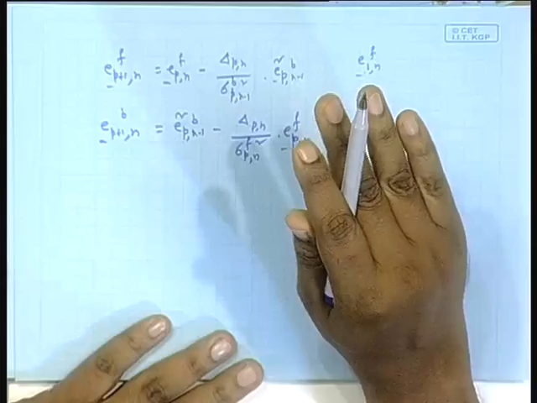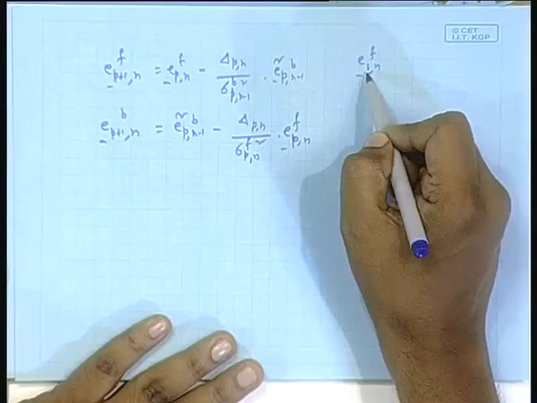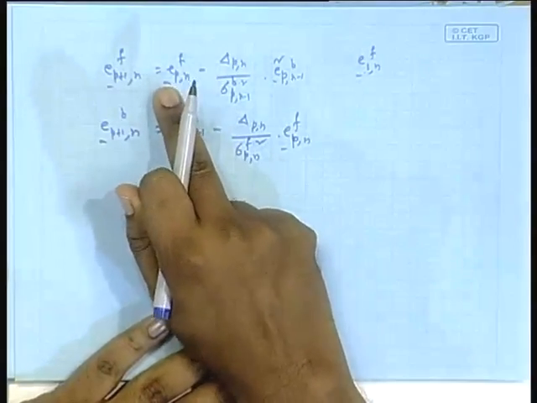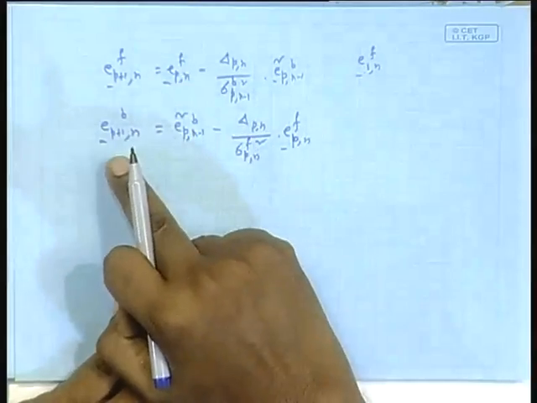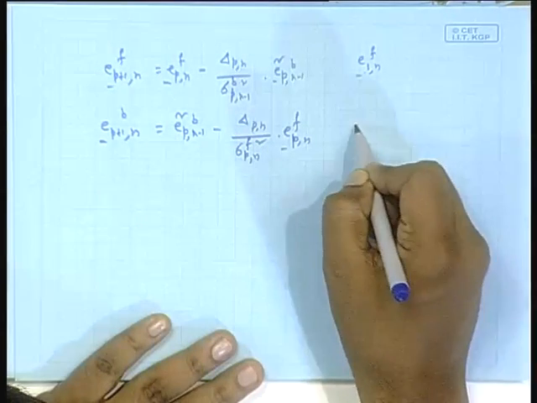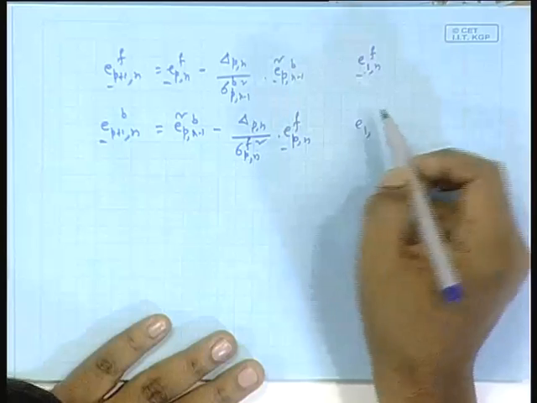Z inverse 1 x n, Z inverse 2 x n, or Z inverse 1, Z inverse 2, Z inverse 3, that is fine, but Z inverse 1 x n up to Z inverse 0 x n has no meaning. That is why our limiting case is this. From this recursion directly I do not go for E 0 n f, similarly for backward prediction error. Here also our starting point is this.